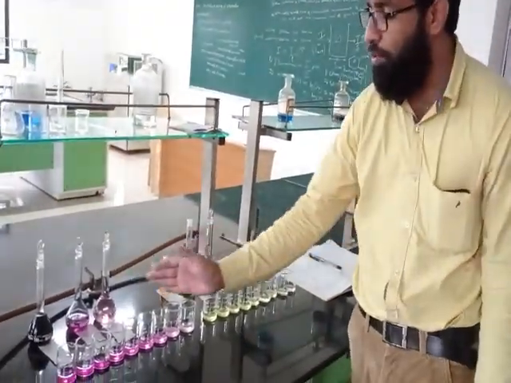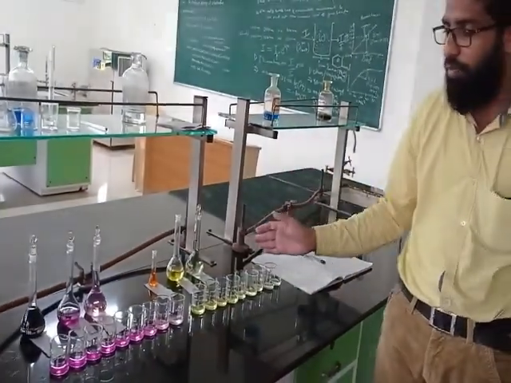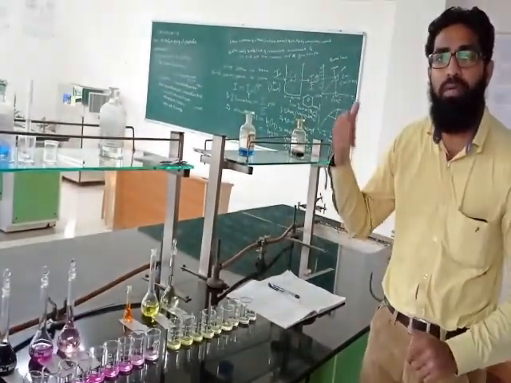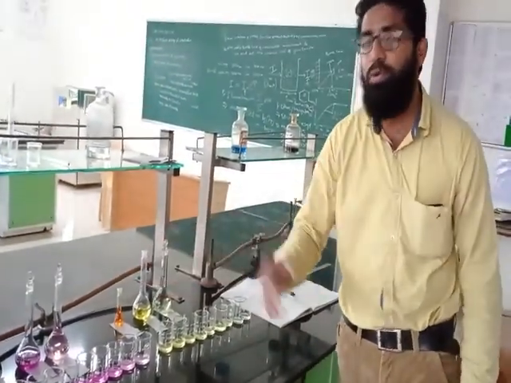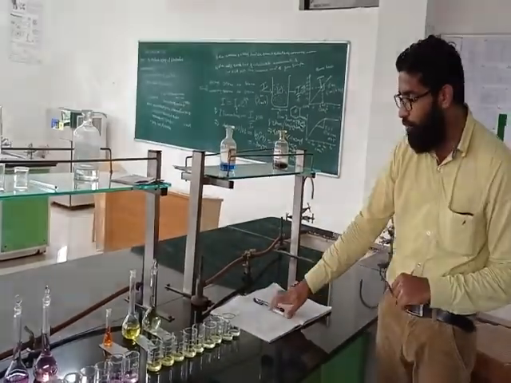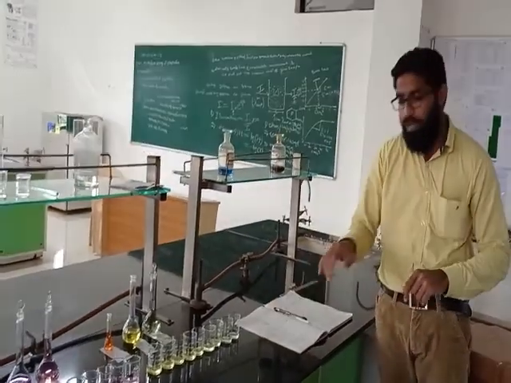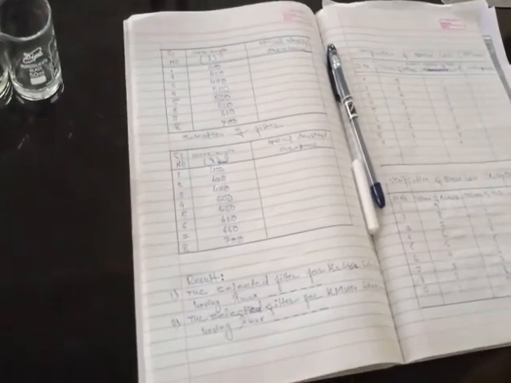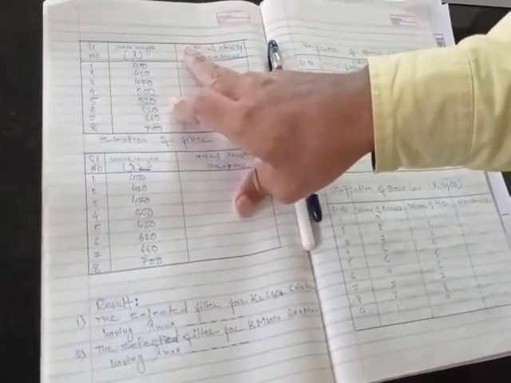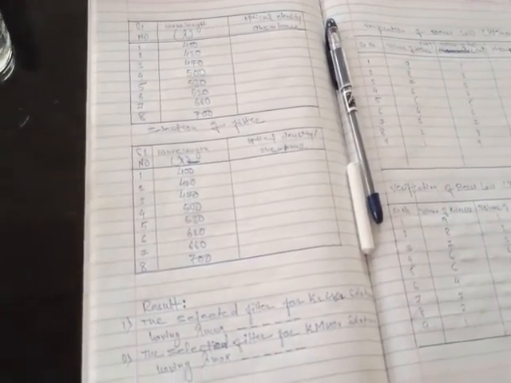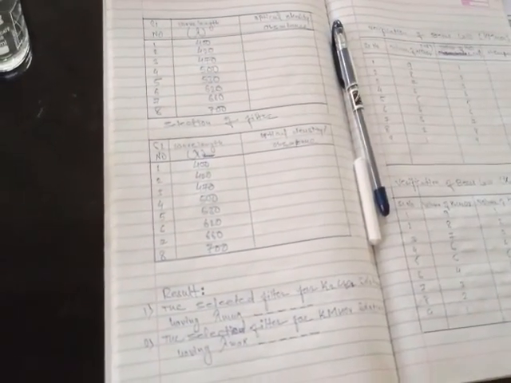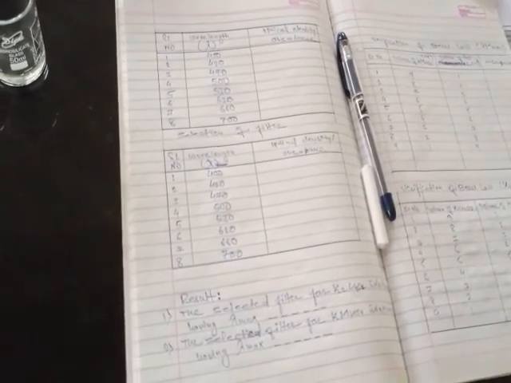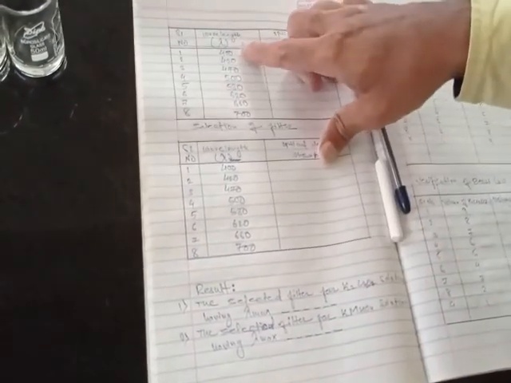Now these successive dilutions have been prepared for KMnO4 and K2Cr2O7 to verify whether these dilute solutions obey Beer's law or not, by using the colorimetric method. Now for selection of filter and lambda max, this is a table. We have already discussed that by using the basic equation we can identify the two variables, absorbance as well as transmittance. Here are the filters.